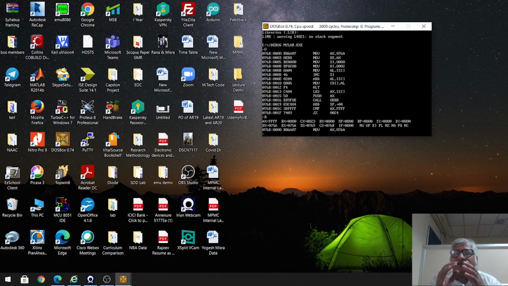Already we discussed the flags, but how a certain program affects the flags, that also we will see. So here NC means no carry, PO means parity odd, right, and NZ means no zero, right. So these values of the flags are visible here. Okay.